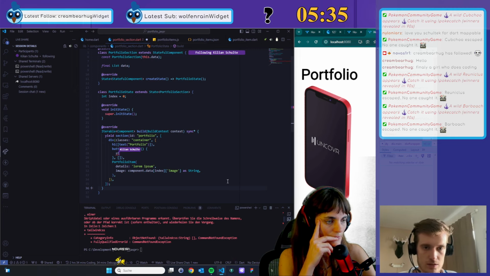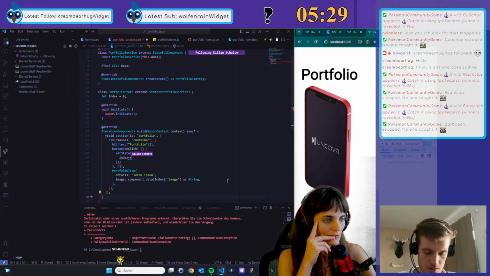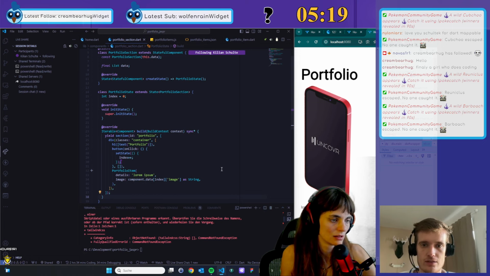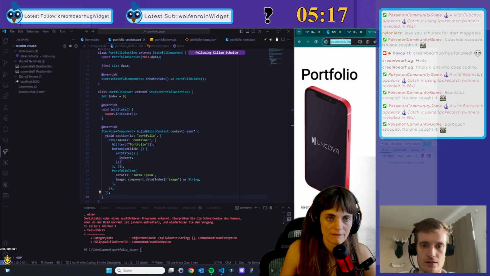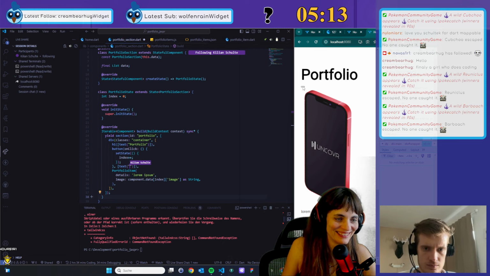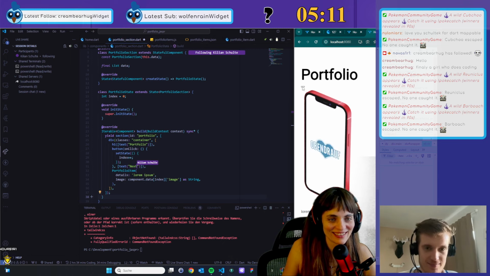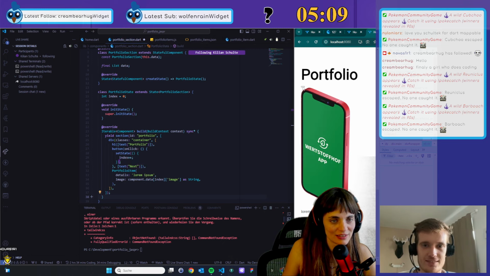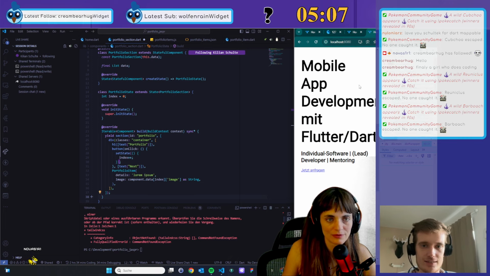And then we say here setState. It's again the same as with Flutter. We increase the index maybe, and something less. Right, and then if we try that. Oh, that's a cute little button. Okay, and just add some text to it. Okay, now it has some text.